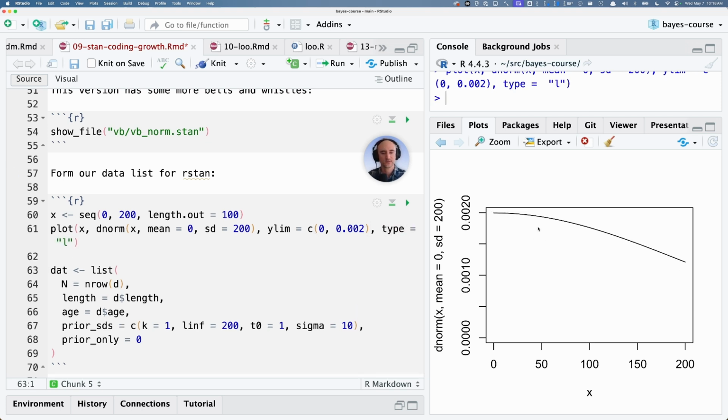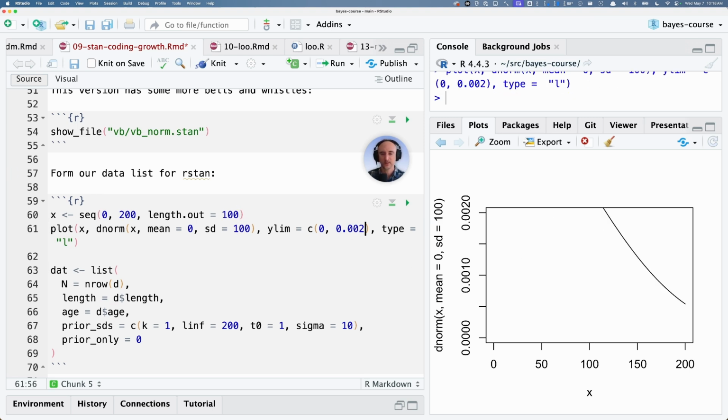So there, quickly, is something I frequently would do when I'm trying to develop priors. This is the shape of the prior that I am putting on that L infinity, which is the expected length at maximum possible age, at infinity age. So we know it's got to be somewhere up in here. We want a prior that is going to penalize as we start to get out to crazy values, because we know we're not going to end up with fish that are this large, but that's not really influencing the posterior too much, getting up to where we expect to be. So that's where I've chosen 200. If I had done 100 like I had shown before,